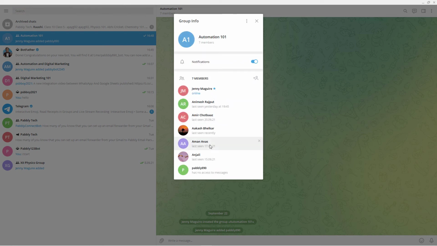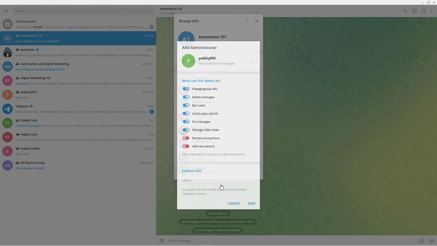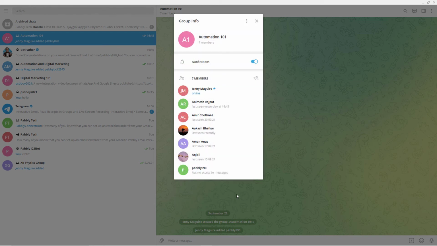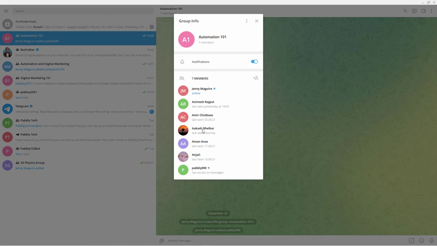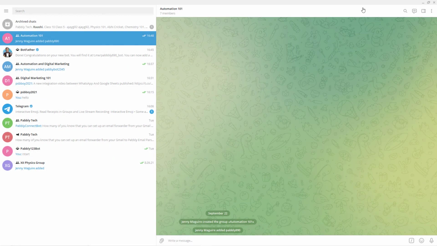So let me just right click here. So this is the bot Pabli890, and I'm just going to click on promote to admin. After that I'm just going to type admin. So this will promote this particular bot to admin, and let me just click on save. Okay, so let's check whether the bot has been given the admin privileges. Yes, as you can see, it is now the admin. It is showing edit admin rights. So this, our newly created bot, is the admin. So let me just cancel this. Okay, so now we are ready.